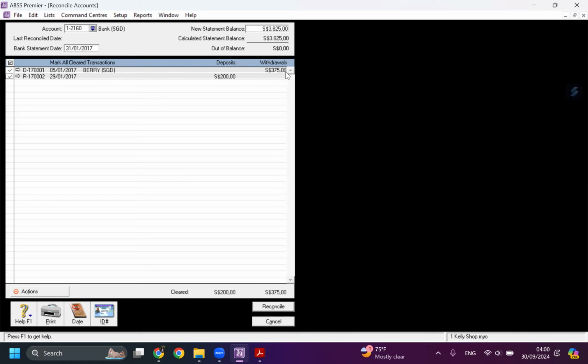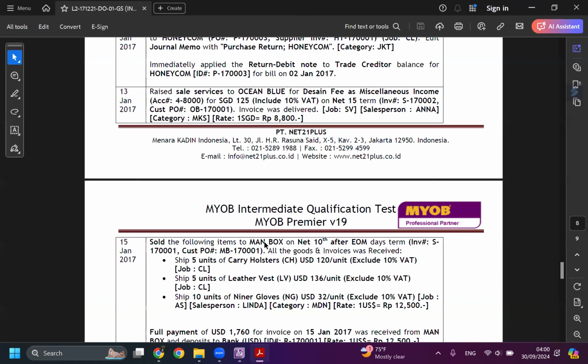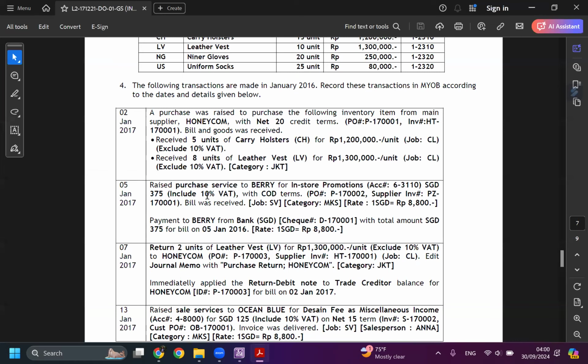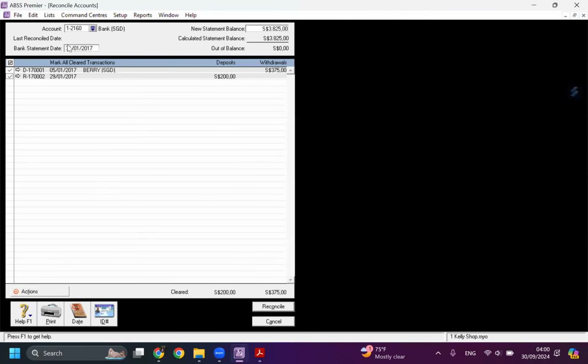We disbursed some money, like a withdrawal, because we purchased service from Perry. That's why we pay something. And the next transaction is related with the transaction on 29 January.